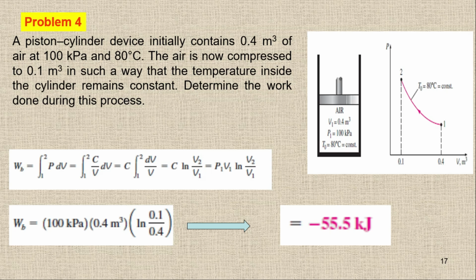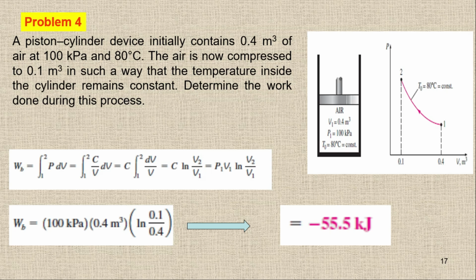You can see this equation is only for an ideal gas. If we don't have an ideal gas, then you cannot derive it like this. So when you're solving the question, if you remember all these steps, you can simply write this one and then this one. There is no need to write all this stuff. This is in case we have to derive it. So boundary work is equal to P1 V1 ln V2 upon V1, and just putting the values, you will get the boundary work.